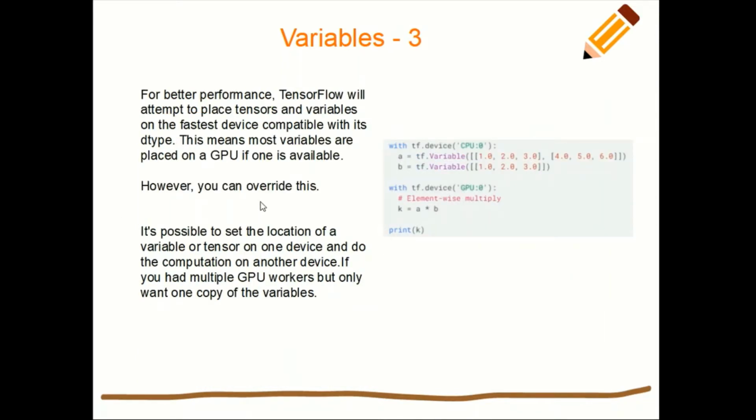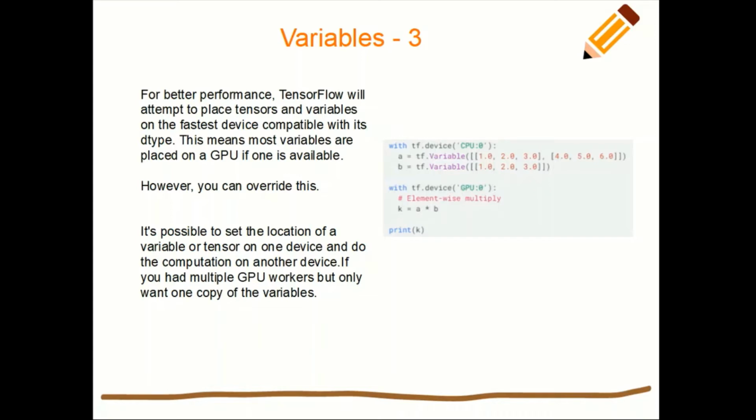Now for better performance, TensorFlow decides the placement of the variables if we did not tell it anything, while training, right? So say for example, if you are training a neural network and there are multiple weights, TensorFlow is going to decide the placement of the variables on the various available CPUs and GPUs on that particular server or device, okay? But we also have explicit control over it if we need it.